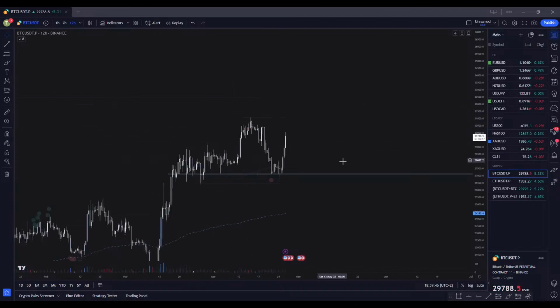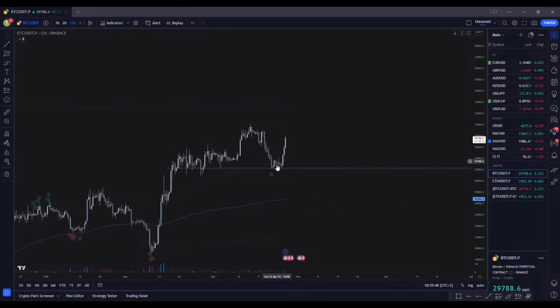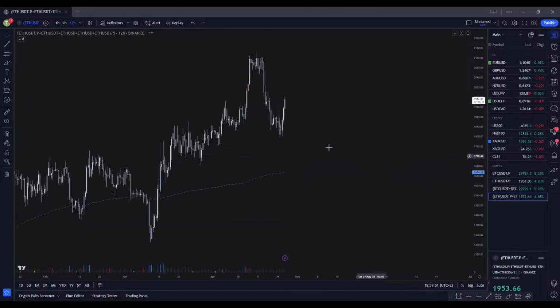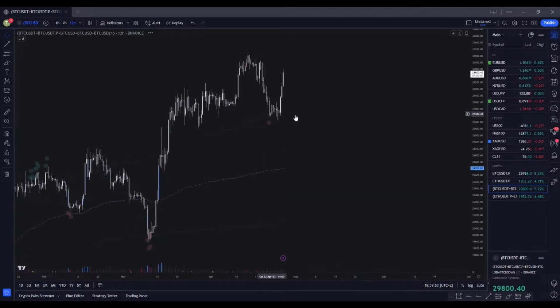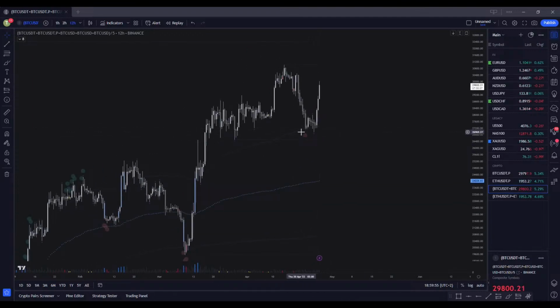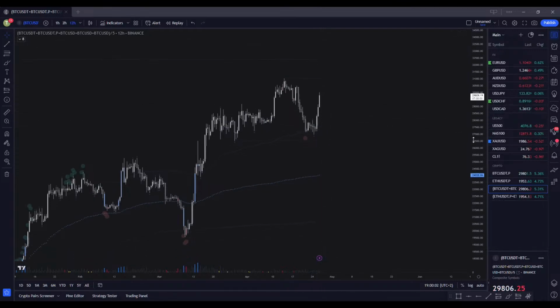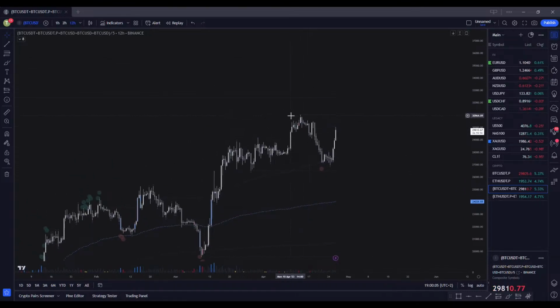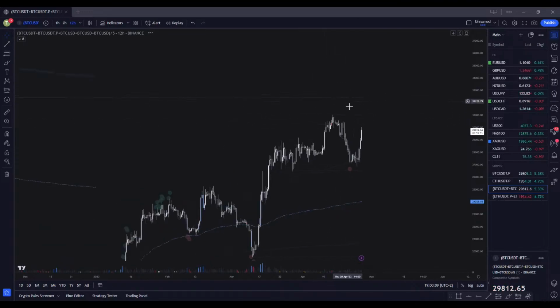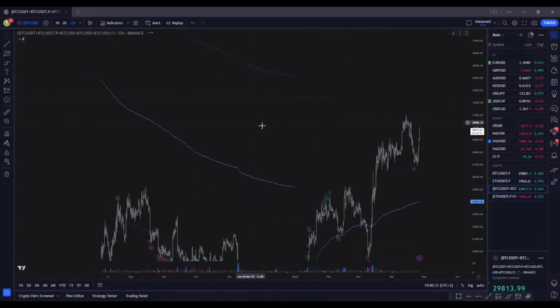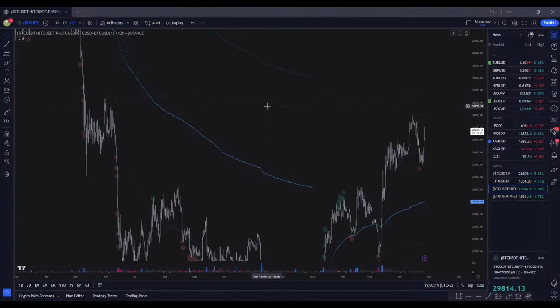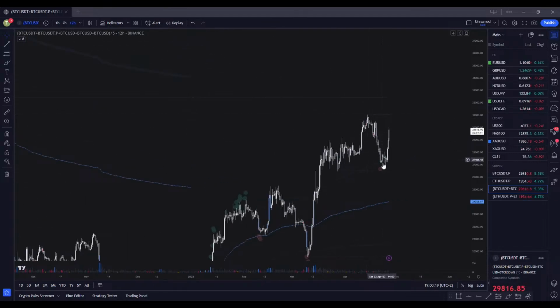On the last stream, basically what I mentioned was that I will be looking at this 27k area, which is this +1 standard deviation of the VWAP, for a possible continuation to the upside. What I wasn't expecting though is that this is going to be a short-term top. At least, I was really hoping we would get a little bit of a push back towards the 32k area basically. So I wasn't expecting the sell-off.